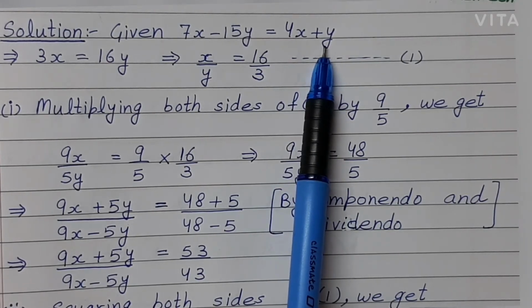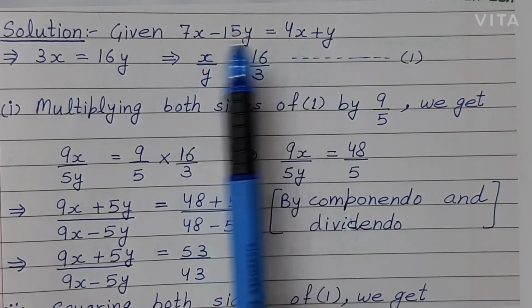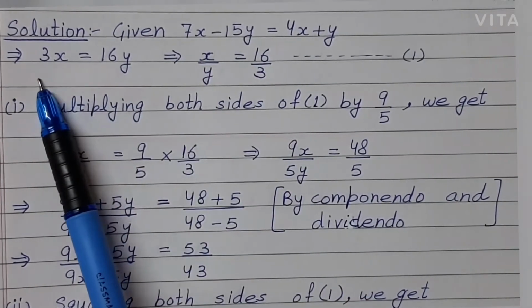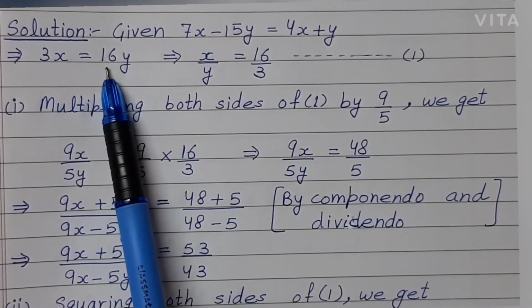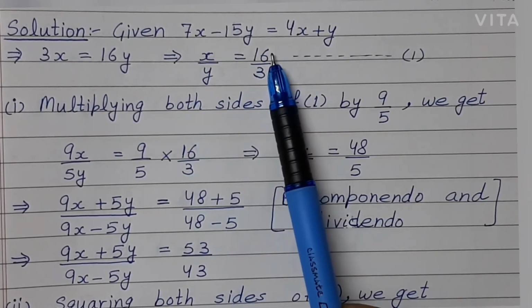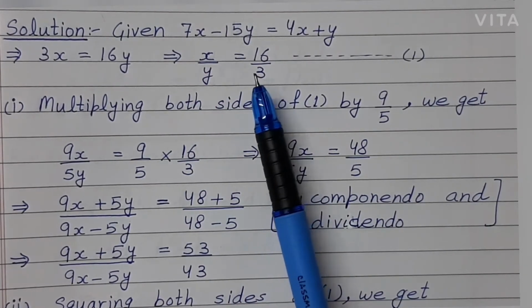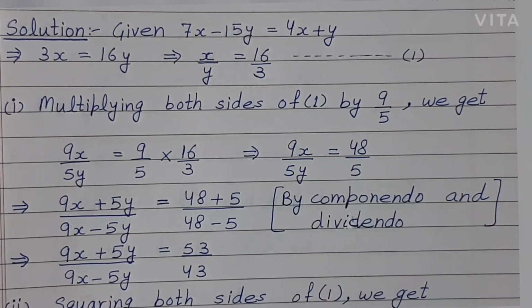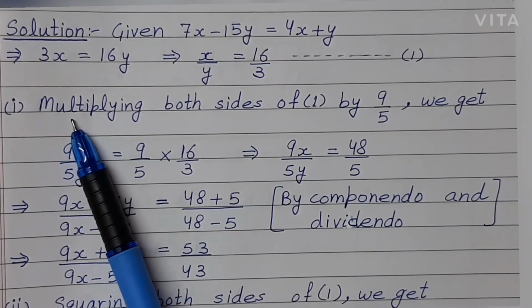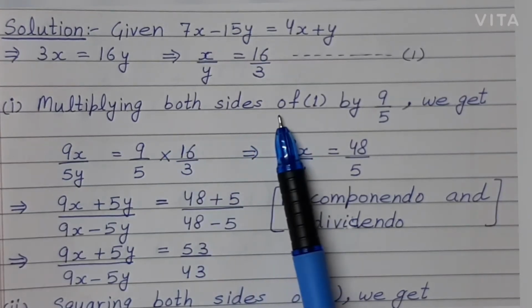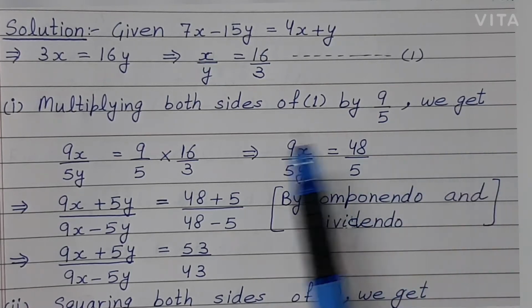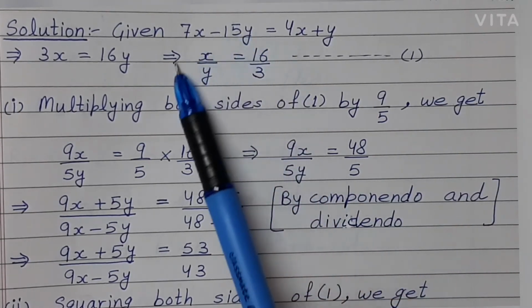Clear? So what we can do is just shift the terms. So 3x is equal to 16y. Now this implies x upon y is 16 upon 3. Now we will be using this further in the question. Now first part is multiplying both sides by 9 upon 5. What we get here? Now children, we have